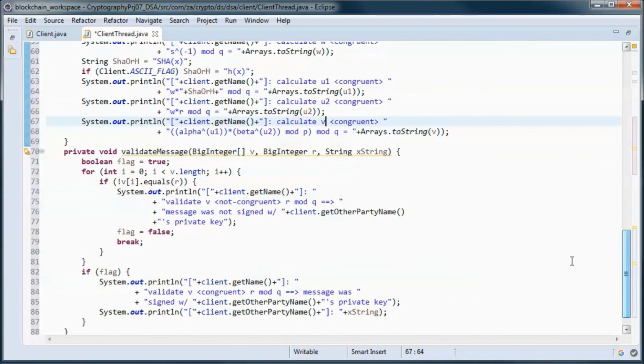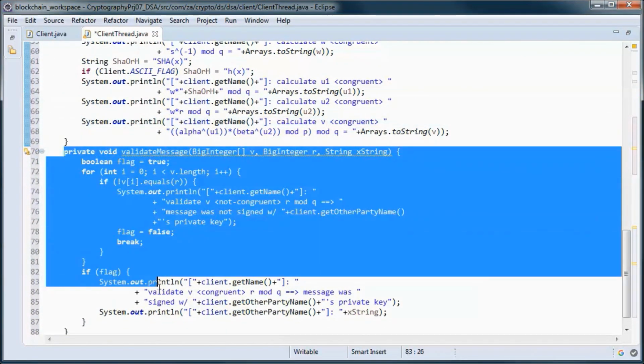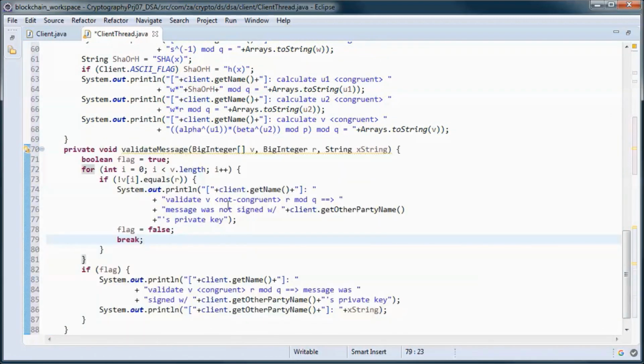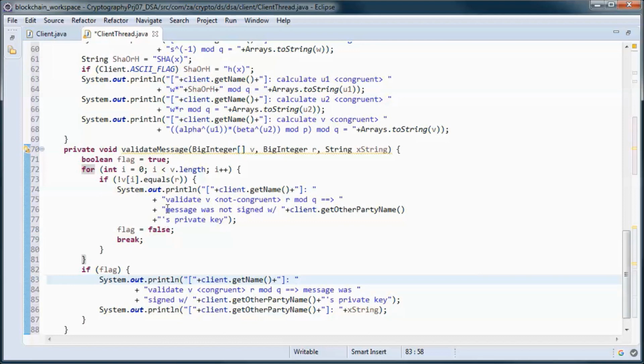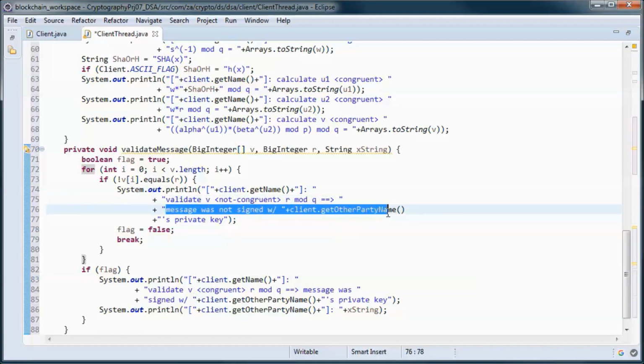And this one validates the message and indicates if the message is valid. So V is congruent to R in mod Q. Otherwise, the message is not valid, so it was not signed with the other party's private key.